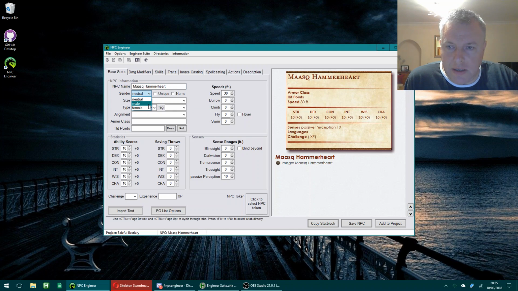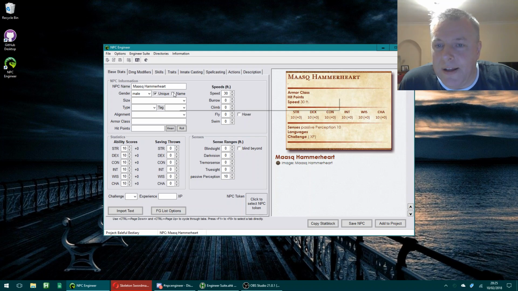What it affects is bits of text that you're going to apply later on. So instead of saying Maasq raises its hammer, it will say Maasq raises his hammer. Now Maasq is unique, it's an NPC, so I would add that. That will capitalise his name, and this one, proper name,